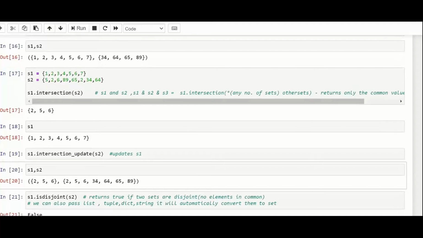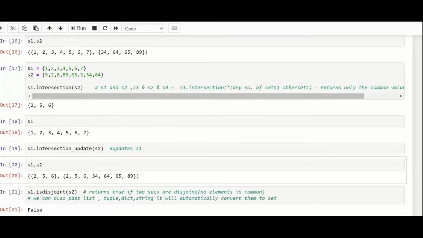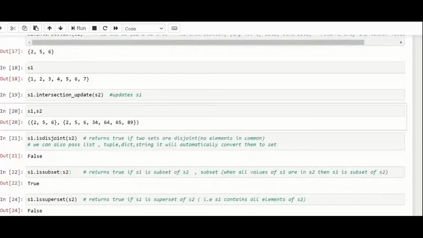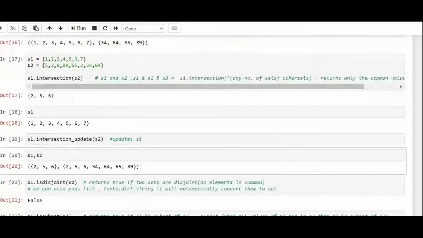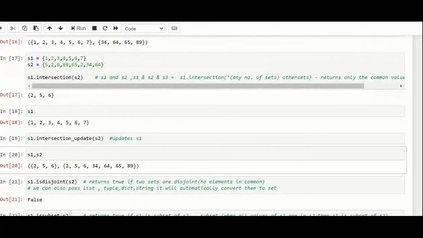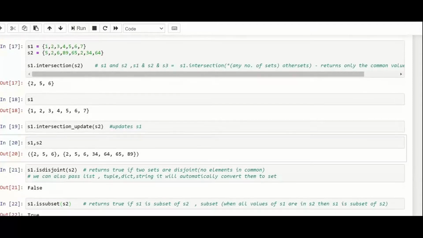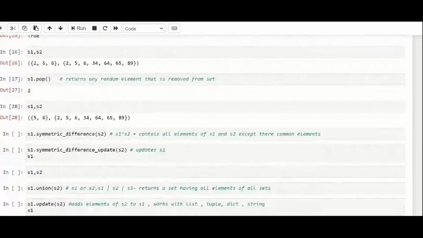That is why we normally convert lists into a set, considering that the values will remain unique and there will be no duplication. If you want to check which elements of two lists are common, we convert them into sets and perform this operation for the analysis, because otherwise you need various loops to do that over a list. Now moving forward, we have the symmetric difference.